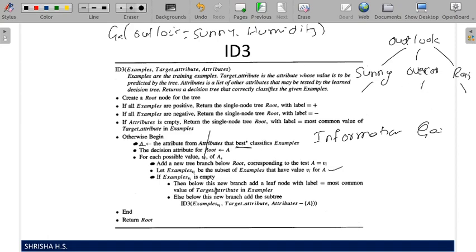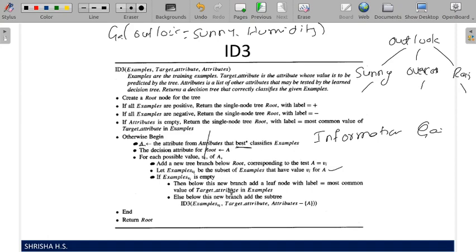After you make the subset, if it is empty, or if everything is the same class, then add a new leaf node with the label equal to the most common value of the target attribute.